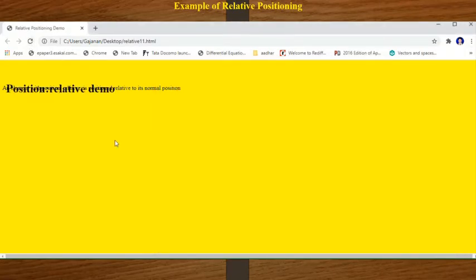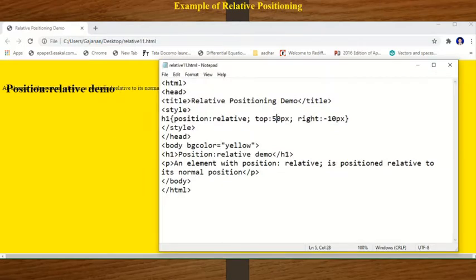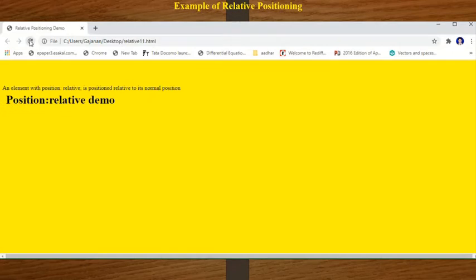So listen here. The text is on the other text. That means we have to change only the relative text here. We cannot affect the other HTML elements, only the h1 element with relative positioning will change here. Okay, suppose from the top side 780 pixels are there, then only the position relative demo is shifted according to this one.